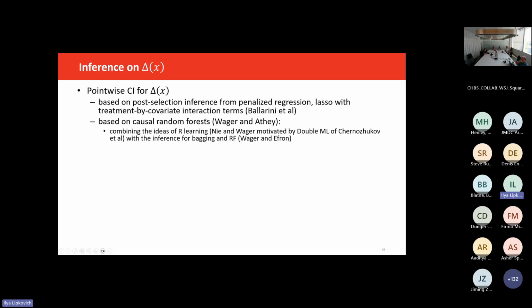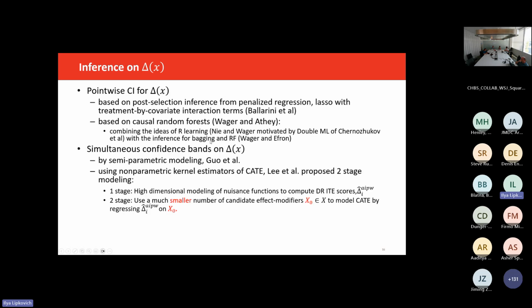And then if you include treatment by covariate interactions, you hope they sufficiently model the outcome and the heterogeneous treatment effect, you can use post-selection inference on Lasso to tease out the confidence intervals for delta, for CATE, for every X. And there are other approaches, causal random forest, which combines our learning with innovative ideas on bagging estimators and inference for bagging estimators.